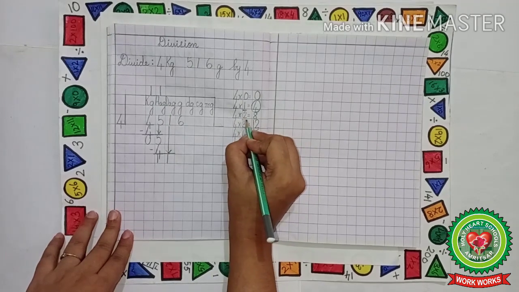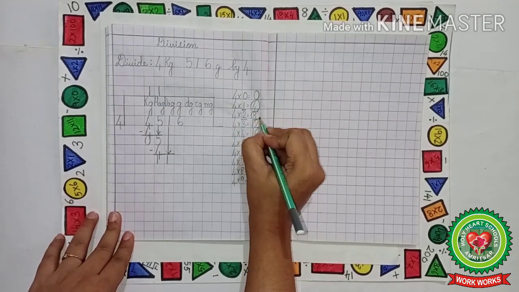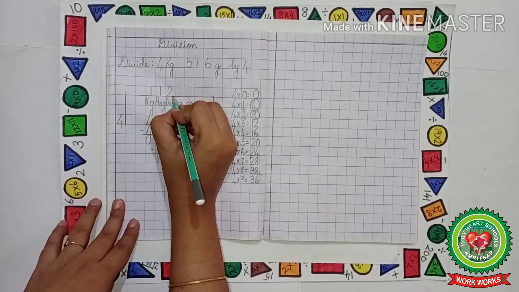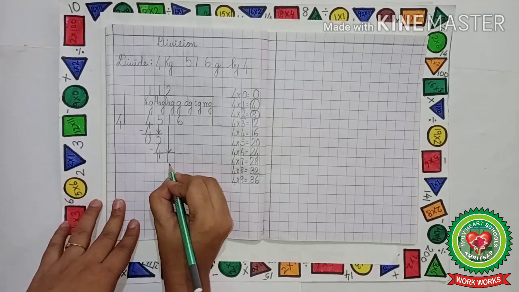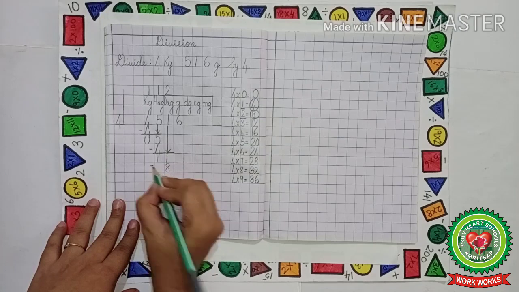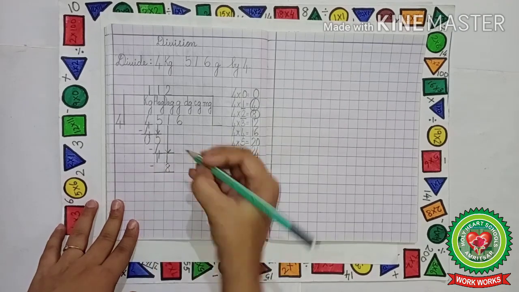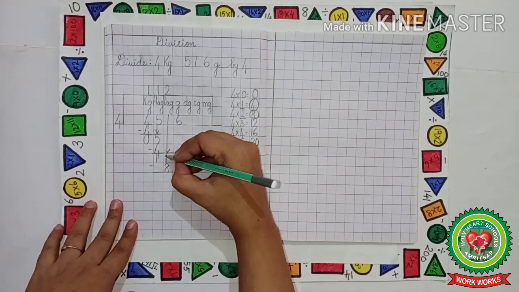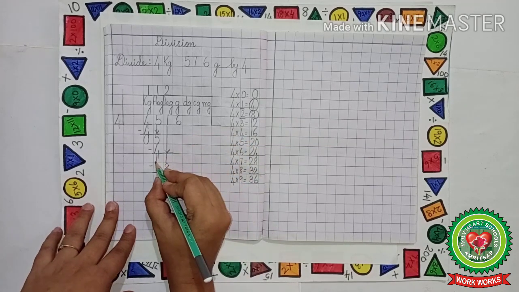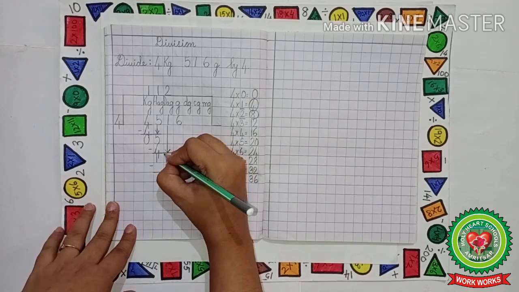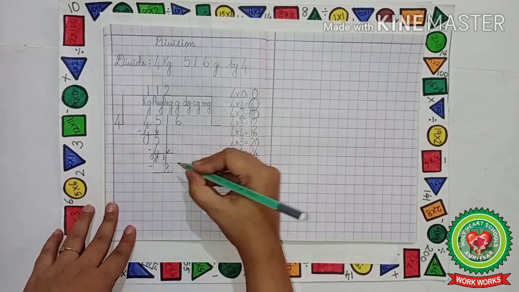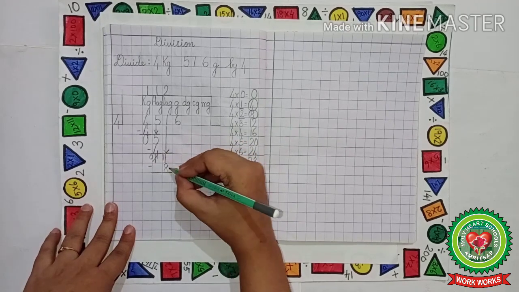So we will underline 2 and we will circle 8. 2 we will write up just above the digit, and 8 we will write down just below 1, and then we will subtract the number. Now 1 minus 8. Since the upper number is the smaller number, we will take a borrow from the next number. So it will become 11 and this 1 will become 0.